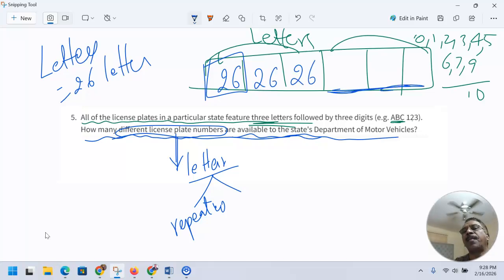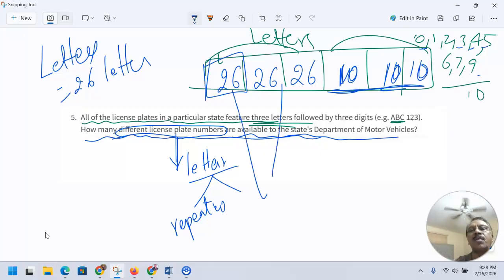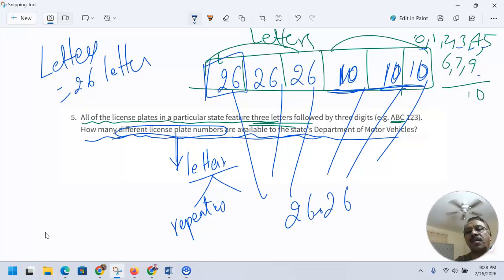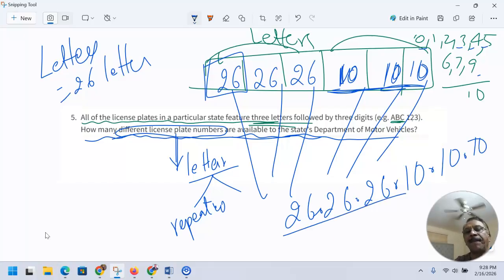Once that is done, you can pick any of these 10 numbers. So this could be 10, 10, 10, because it does not say that the digits have to be different. So all you do is multiply 26 times 26 times 26 times 10 times 10 times 10. Put it on the calculator. This will be 26 raised to 3 and 10 raised to 3, and you end up getting